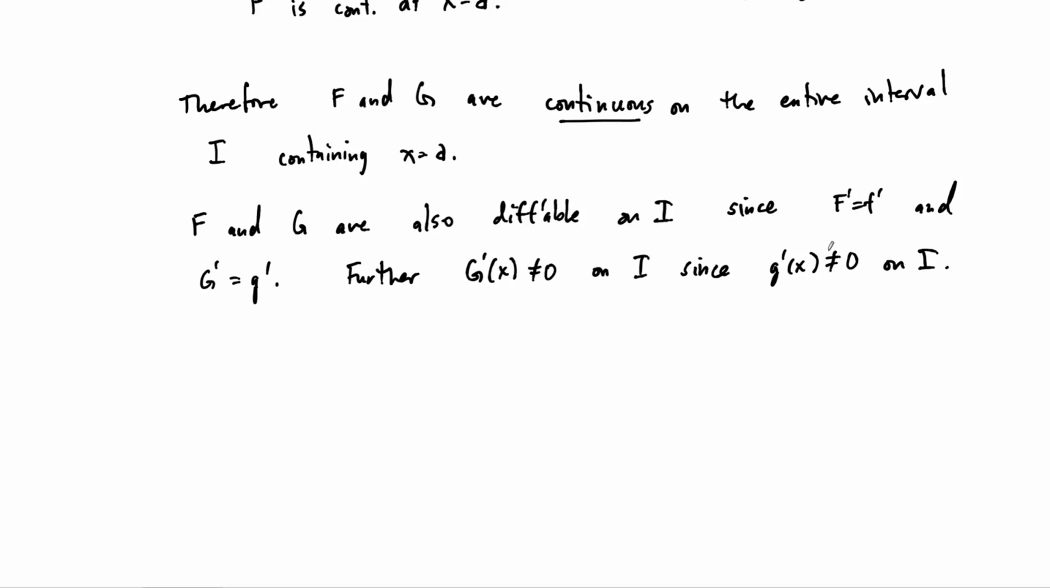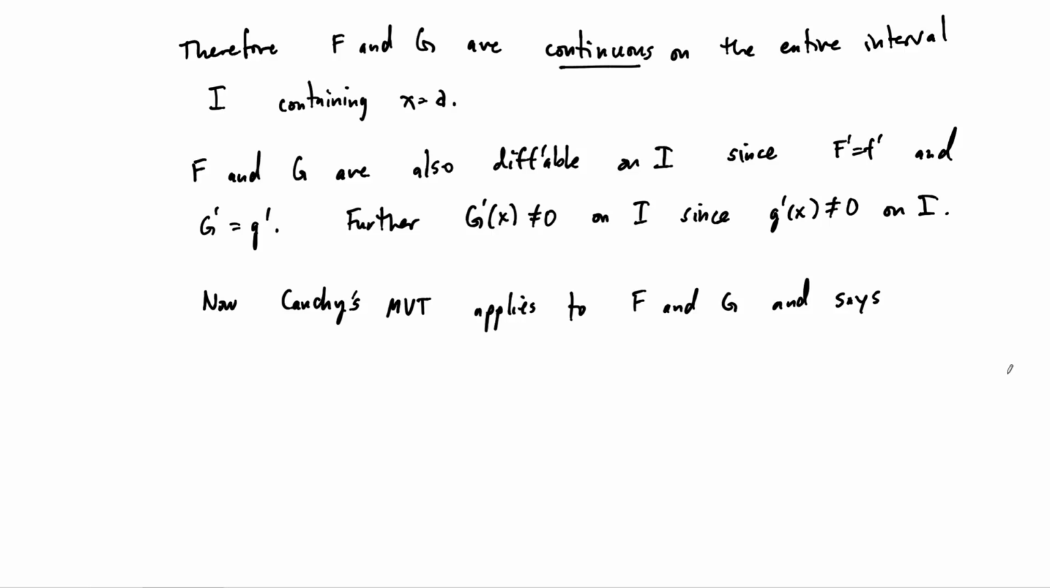Okay, so what does this mean? Well, this means that Cauchy's mean value theorem applies to f and g, right? So now this is the generalization of the mean value theorem from our last lecture video. So Cauchy's mean value theorem then applies to big F and big G and says what? Says that there exists,